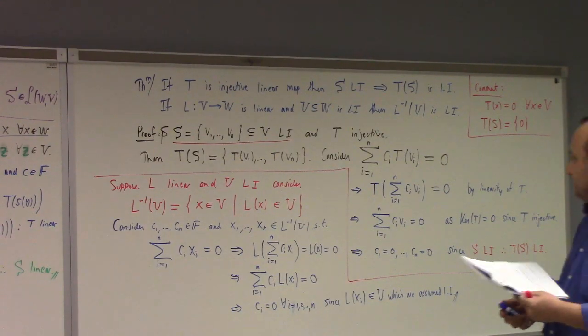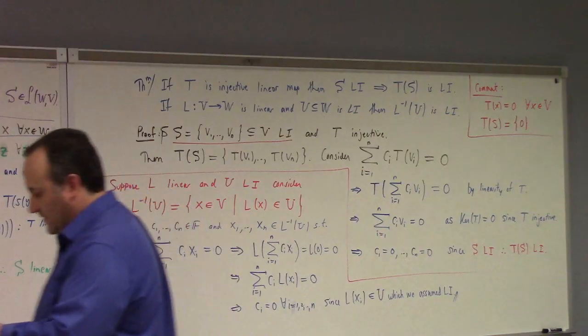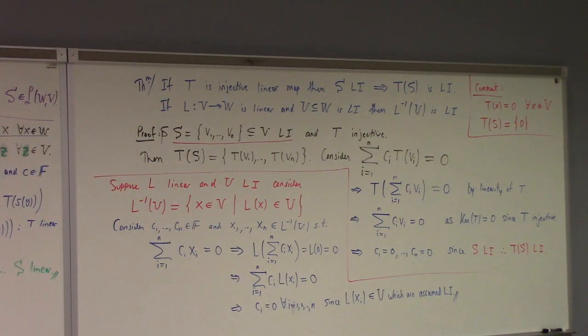The next theorem concerns surjectivity. If we have a surjective linear map, it maintains